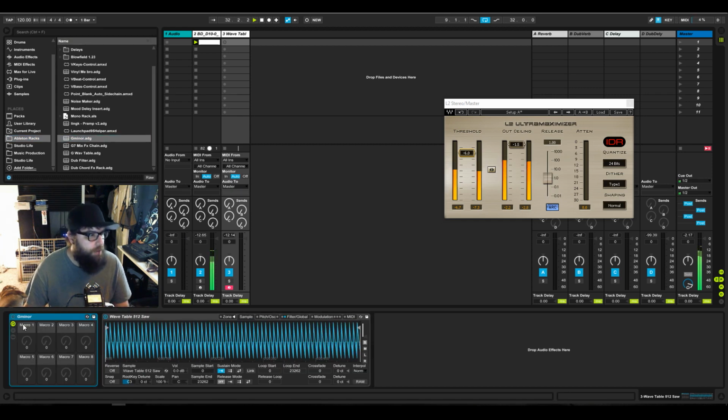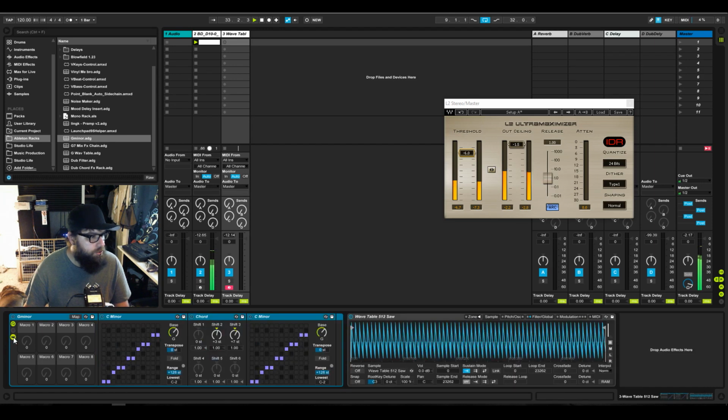So this is an Ableton rack, and what is in here is my more efficient way of doing things, or lazy as some other people call it. But it's an instant G minor chord. Or C minor or whatever.